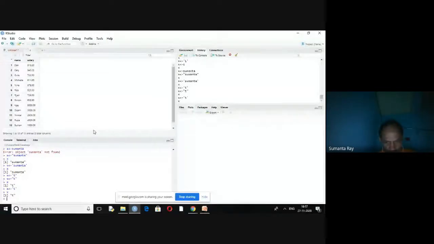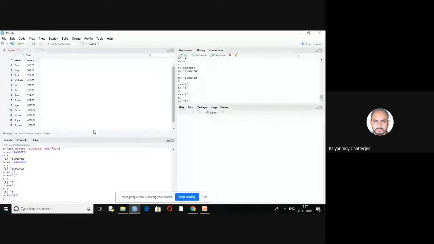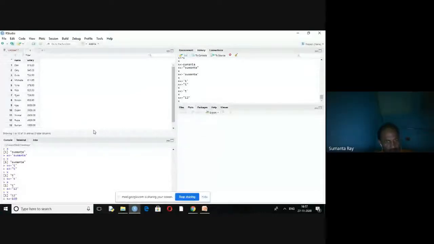Suppose first I assign an integer value to a variable, say x equal to 2, and s is equal to 100. Next, can I convert this s to a string?